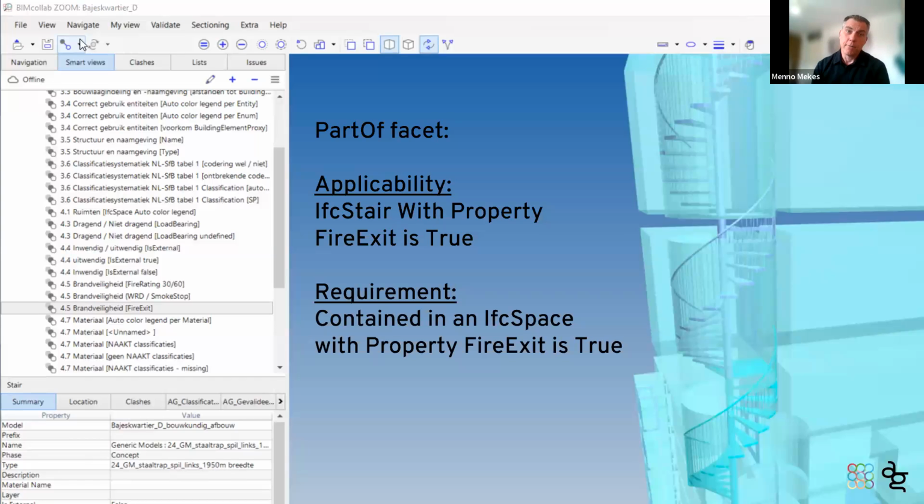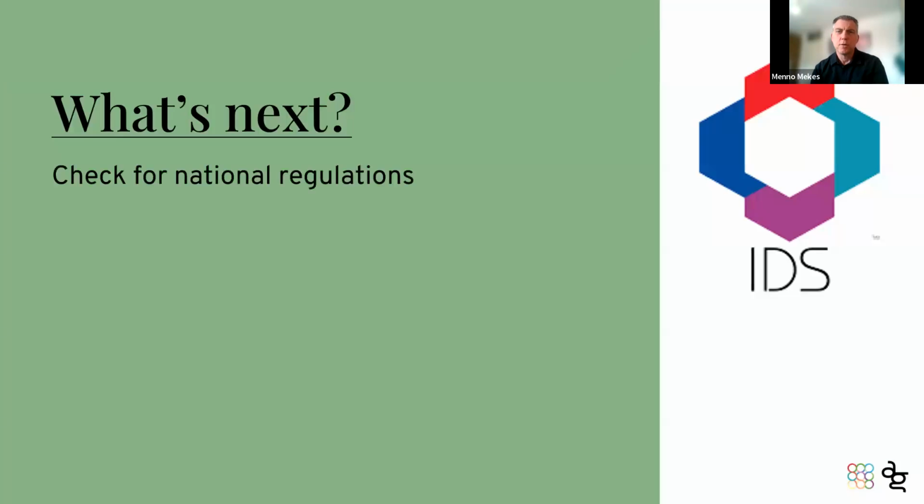And of course, the other way around. If you have a space that is fire exit, then find the stairs that are in those spaces, and they should also have fire exit. This is not possible yet, and I think because it's a bit of a nested specification. And maybe you don't check it that much. So maybe let's check for something that is similar. Let's check for